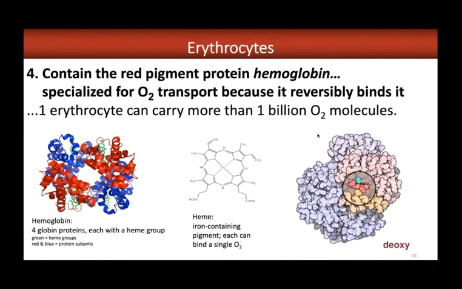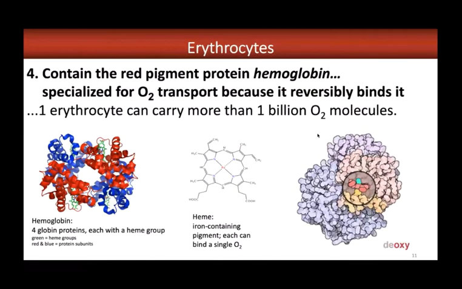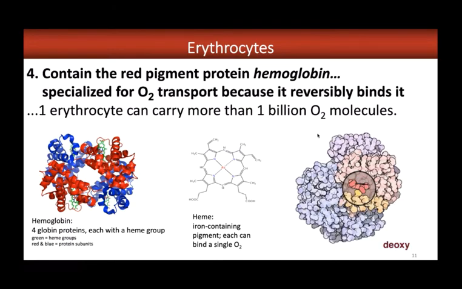Erythrocytes primarily contain this pigment called hemoglobin. It's specialized for transporting oxygen. So